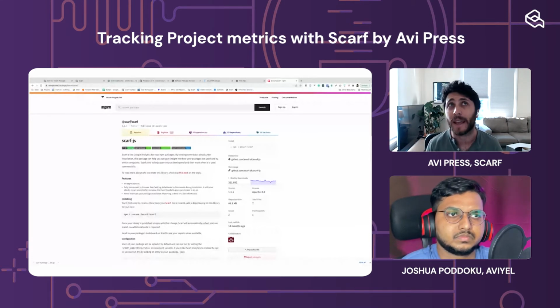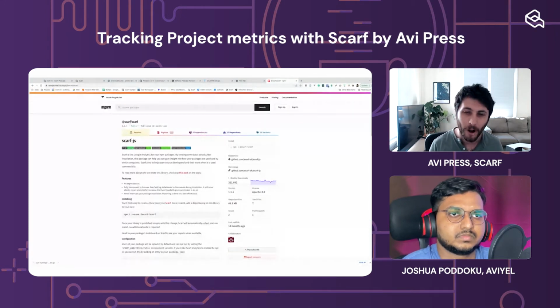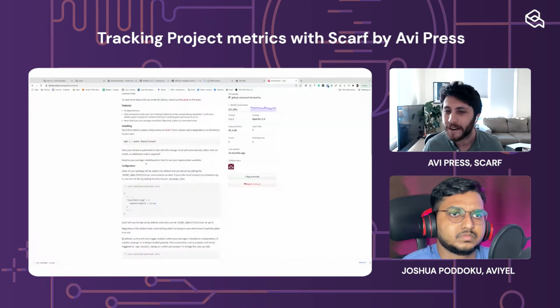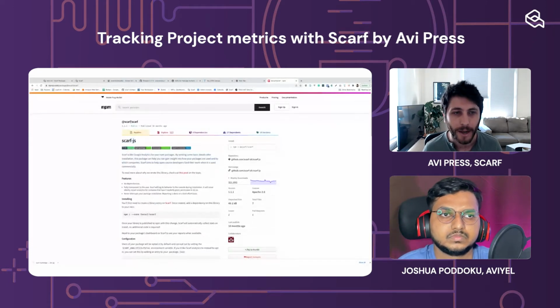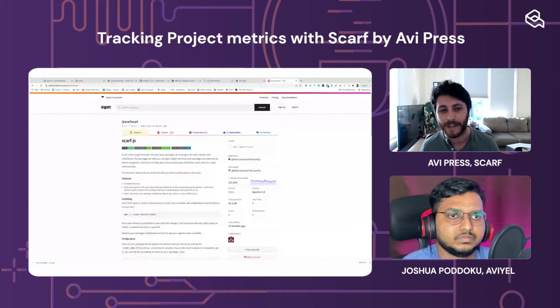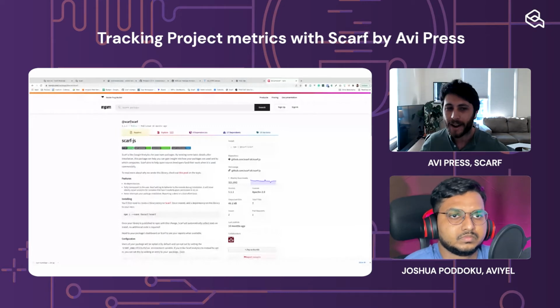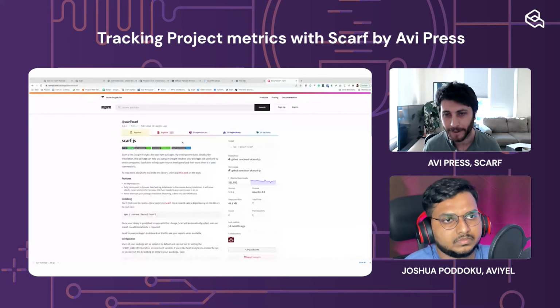We don't have Scarf Gateway support for JavaScript because you can't really direct your users to an alternative registry if you're using npm, which 99.9% of us are at this point. But this is a way that you can get those stats by just adding it to the build of your package.